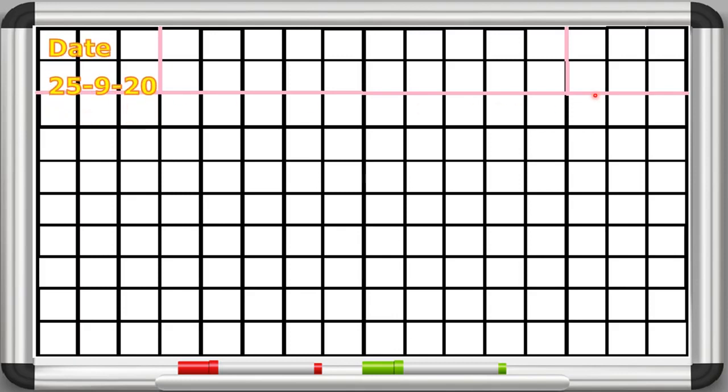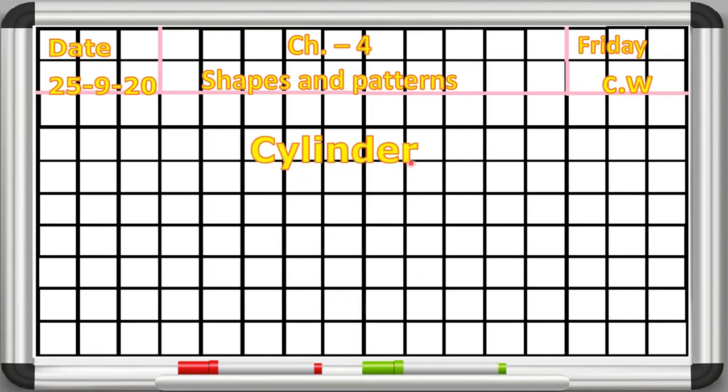After that, you have to write the day, and today is Friday. This is our CW, so here we will write CW. Then in between, we have to write the number of the chapter, and that is chapter number 4. After that, we have to write the name of the chapter, Shapes and Patterns. And here we want to make a cylinder shape, so here we will write cylinder.